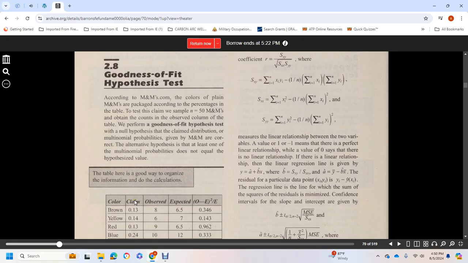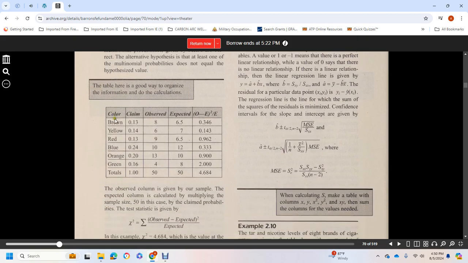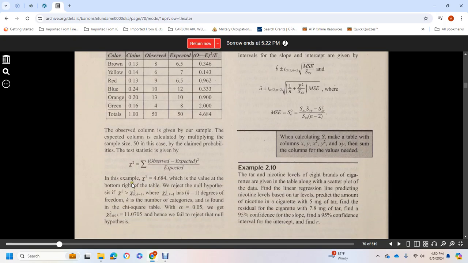So the table is a good way to organize information for the calculation. Color, claim, observed, expected, observed minus expected squared over expected. The observed column is given in our sample. The expected column is calculated by multiplying the sample size, 50 in this case, by the claimed probability. The test statistic is chi-squared equals the sum of observed minus expected squared over expected. In this example, the